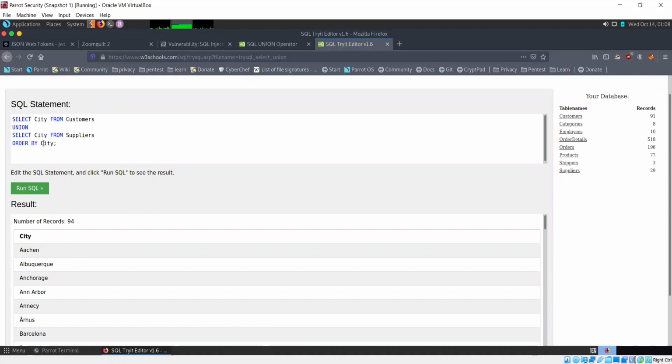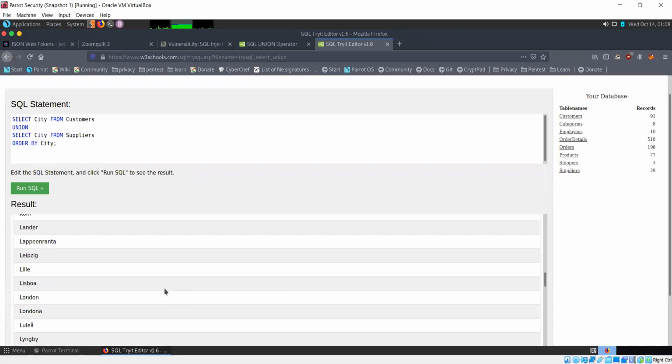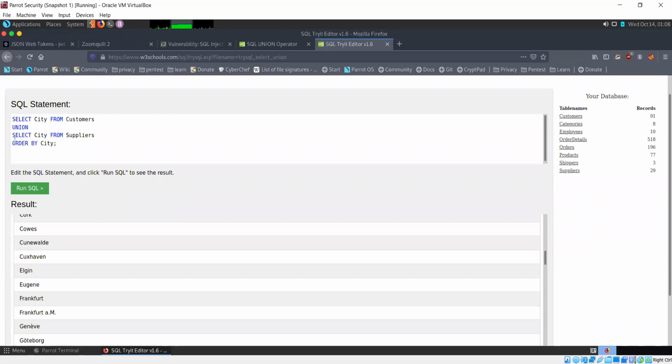And order by city, so these results have been sorted by the city column in ascending order. You can see that it's starting from A, B, following alphabetical order because we mentioned order by.